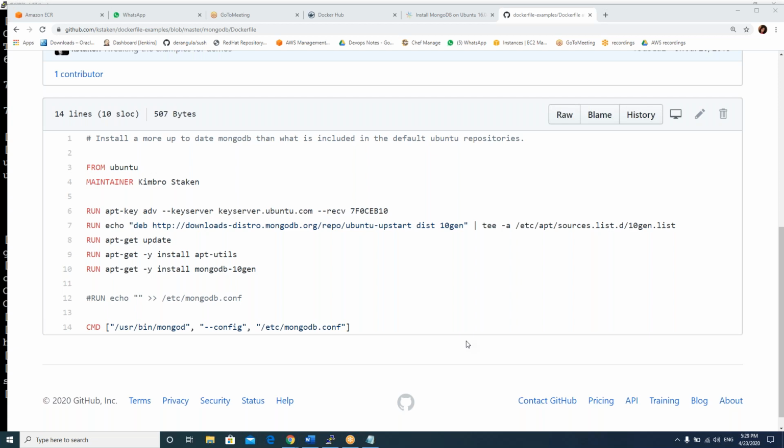So if I create an image from this Dockerfile and create a container, the MongoDB service will come up automatically. You need not log into the container and start it. That is what CMD does. Guys, did you get what I am saying?